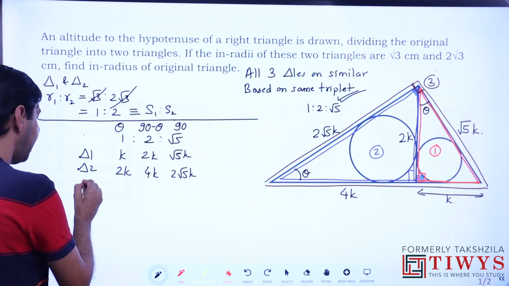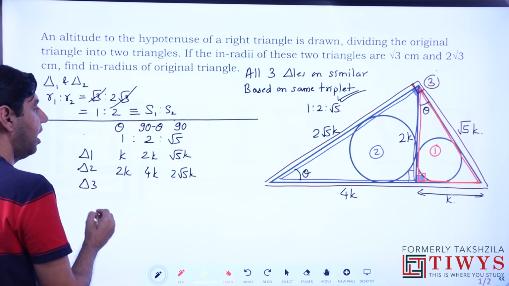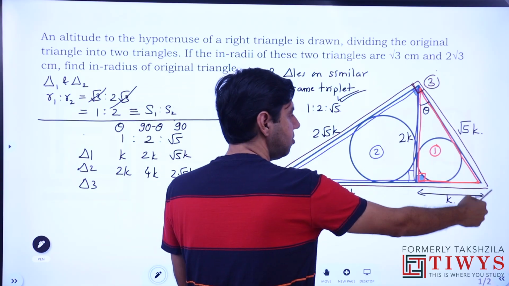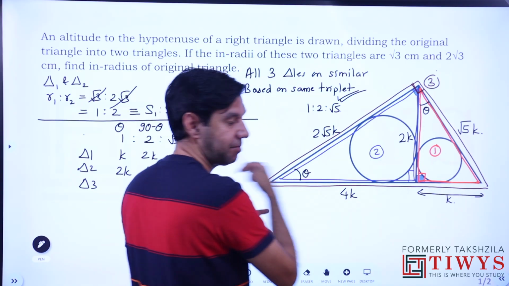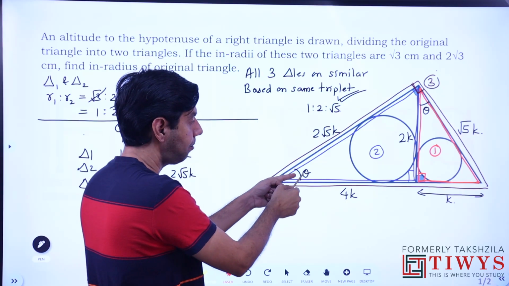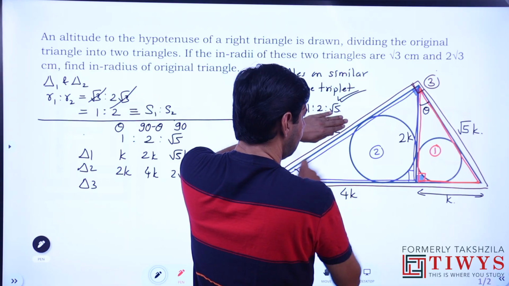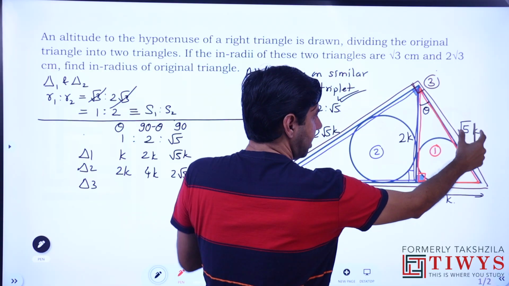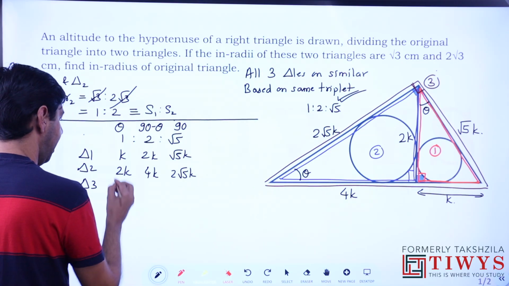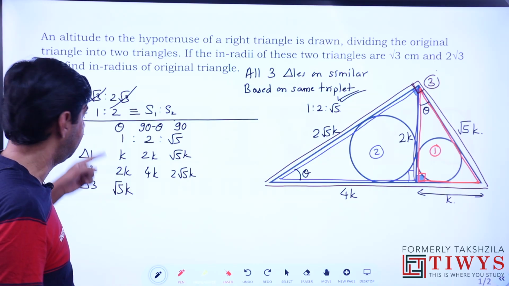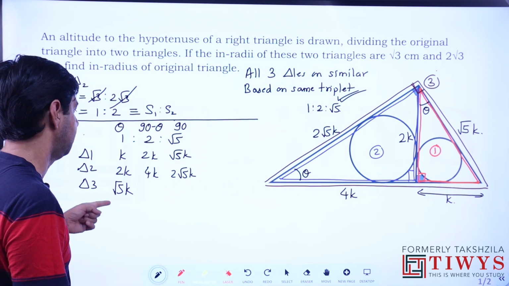And in triangle 3, what do we know? I wrote this just now. So it almost seems like triangle 3 is known, but I'm trying to find it from the ratio. Opposite theta was root 5k. If I had not written this, I did not know this long side. So opposite theta is root 5k. Actually, to solve a question, we just need this ratio, which we have found.